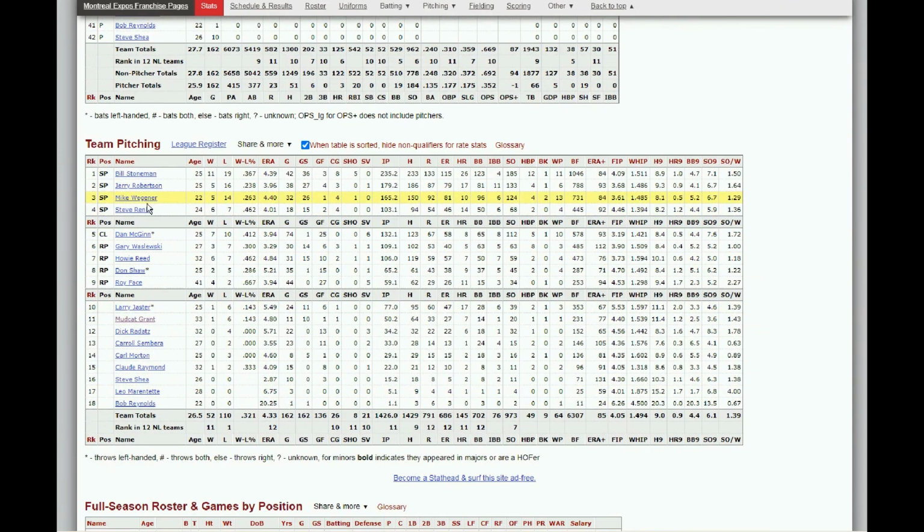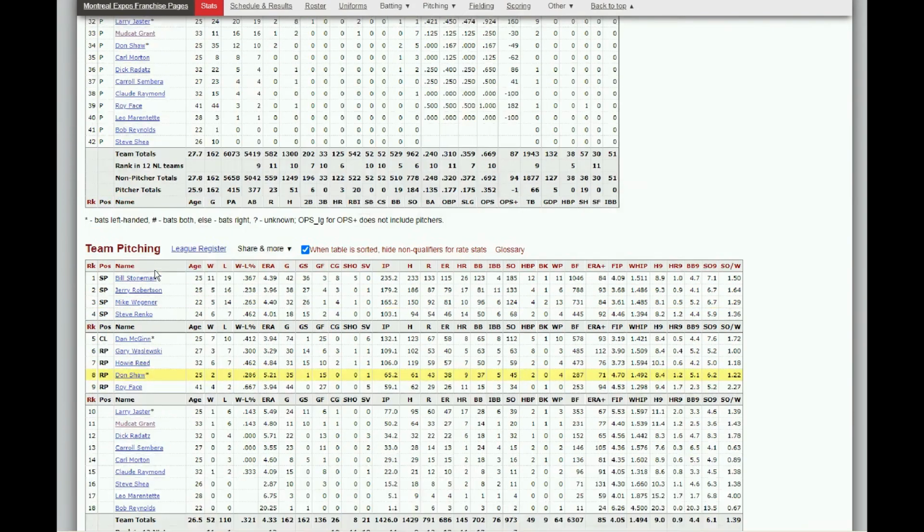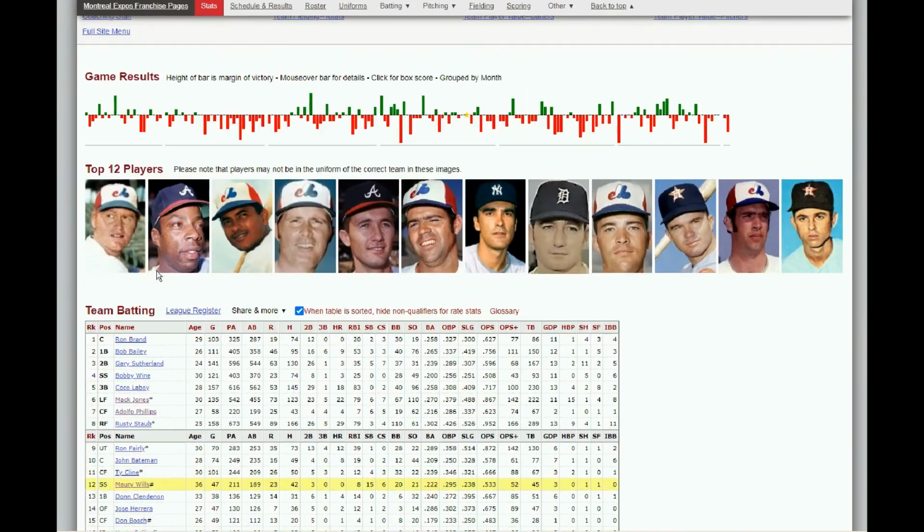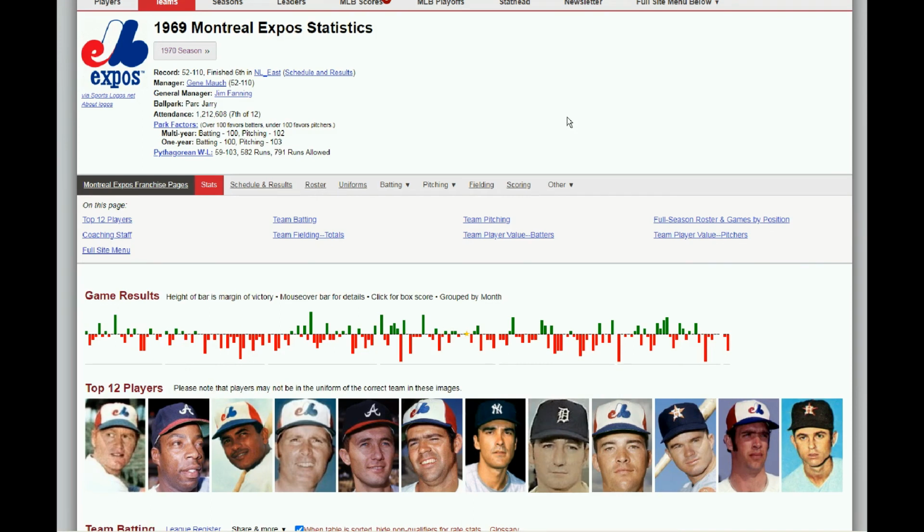And as far as pitching goes, I'm just not seeing it, obviously. So it looks like the Expos have some lean years coming up until they get that nucleus together. They may also have to wait until Gary Carter's rookie year, which I think is in 1976, before they're any good. Okay, that's it from the American League North and the Montreal/Burlington Expos.